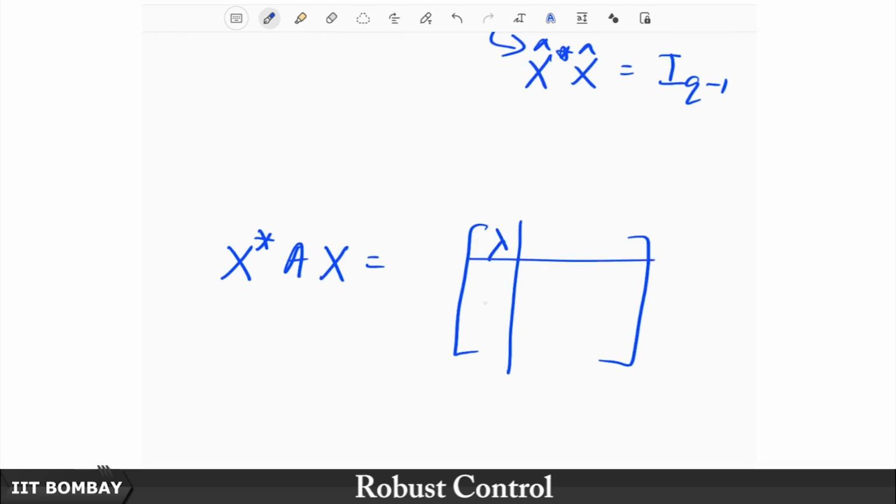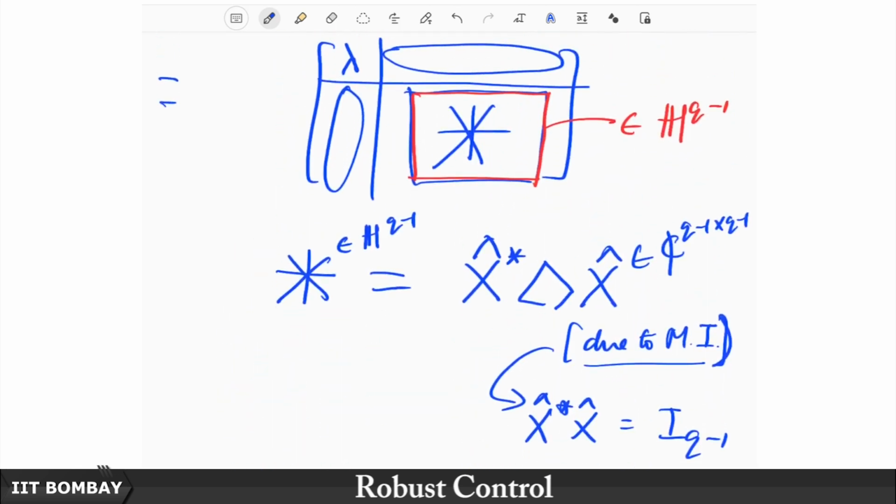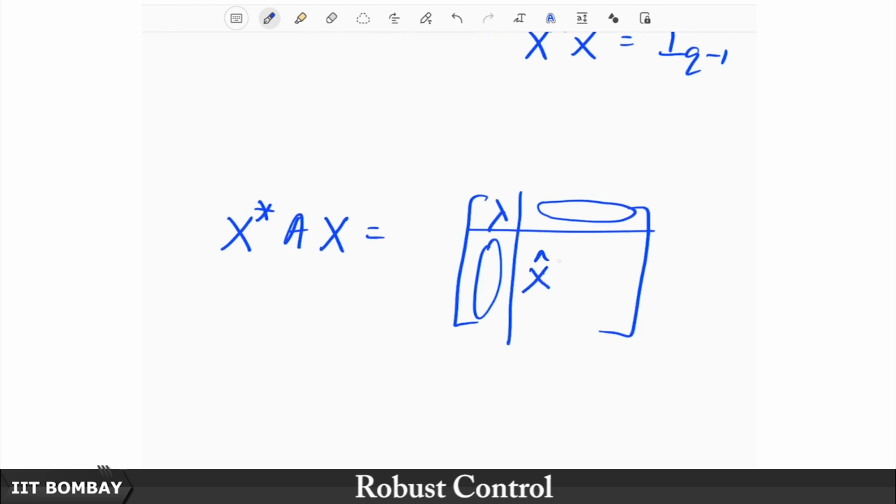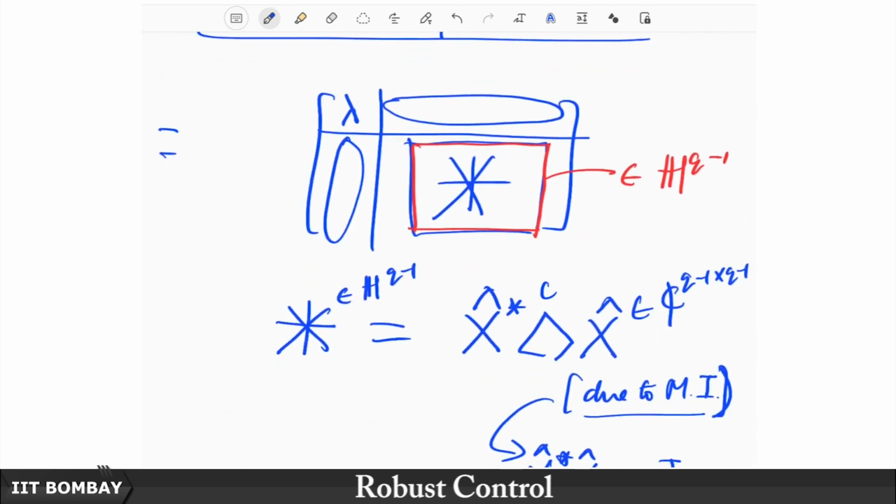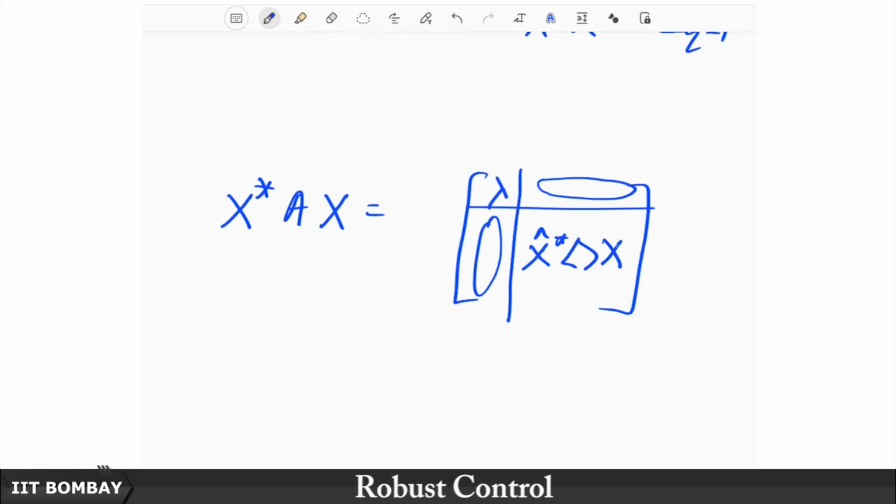lambda, zeros here, and this one I am going to write as this x hat star, this lambda. This lambda is also a diagonal matrix, containing the eigenvalues of the smaller sub matrix. So this lambda is also q minus 1 cross q minus 1, my bad. Right? Yeah, there we are. But now this I can also write as, notice very carefully, as 1